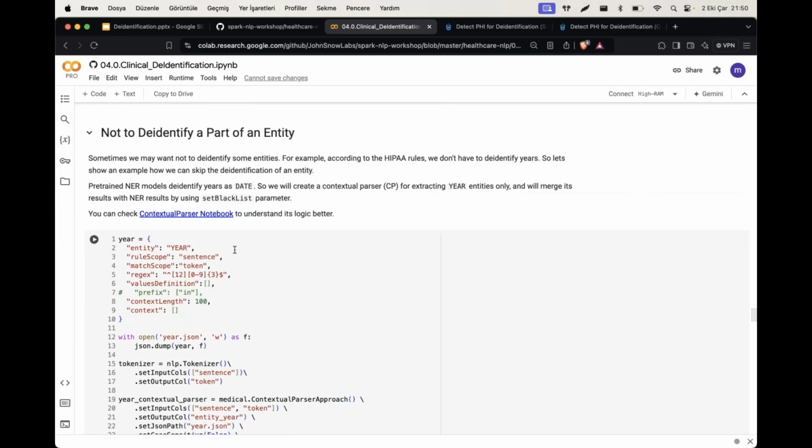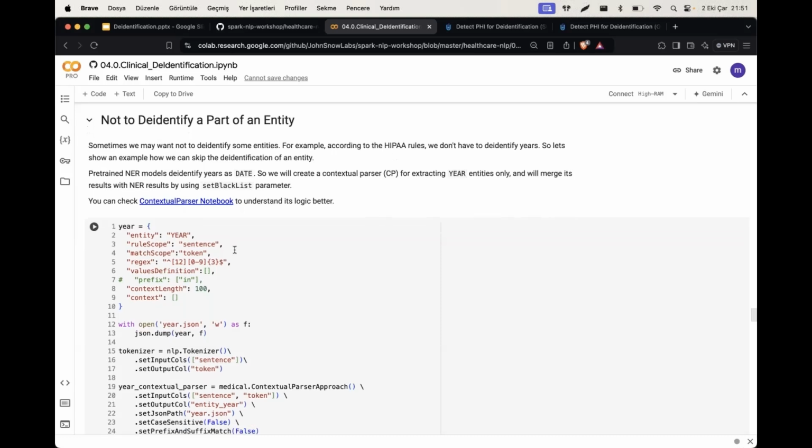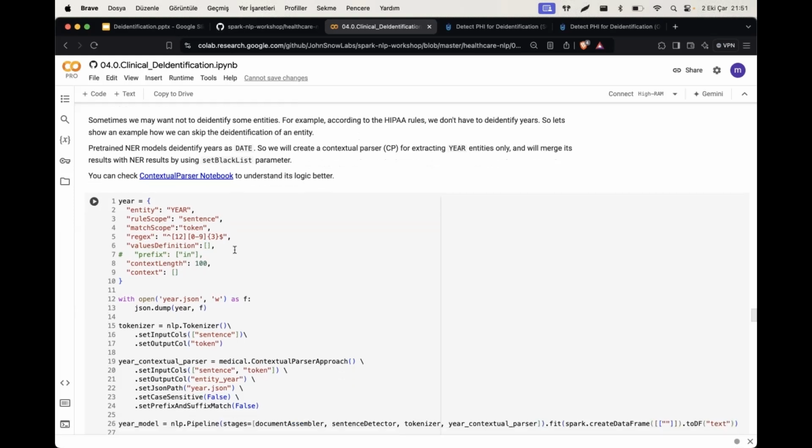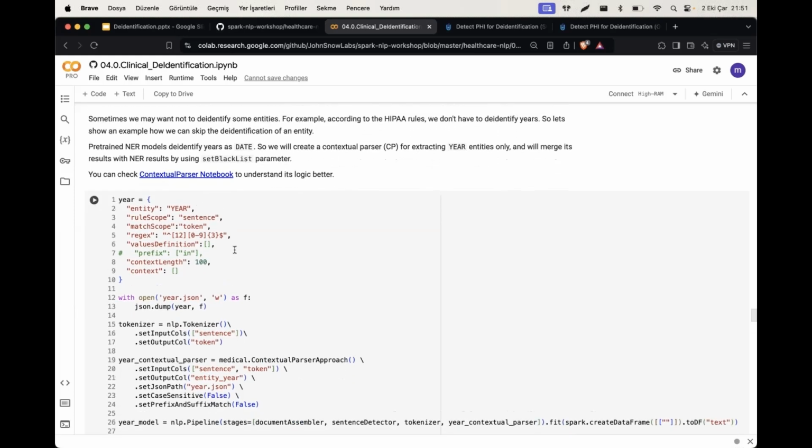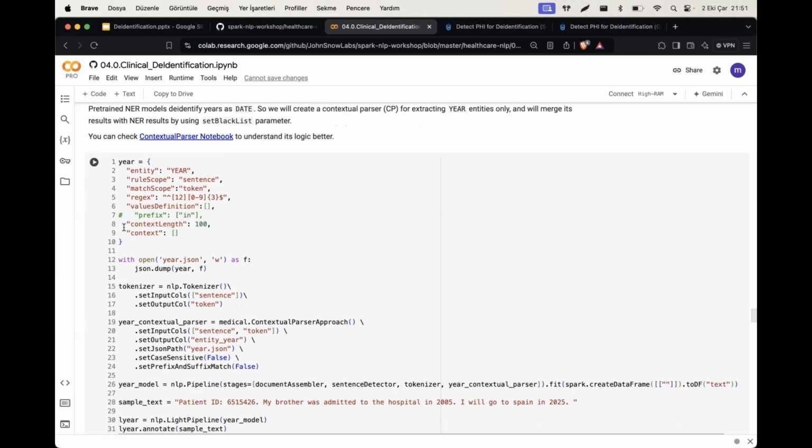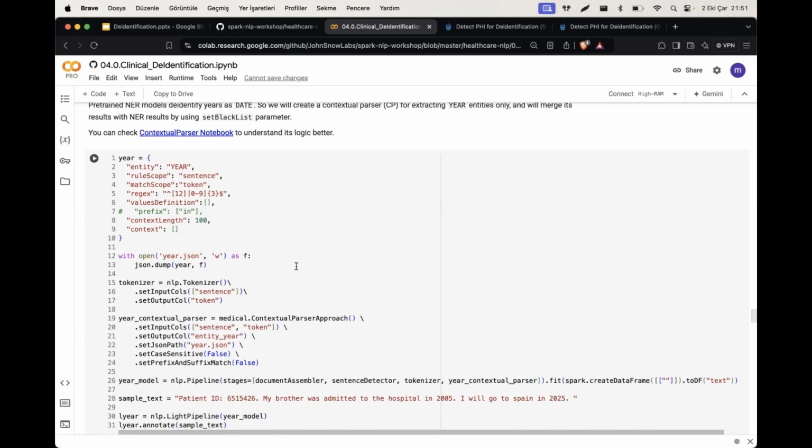As you may know, single year entities that don't have any month or day information don't have to be de-identified, so we can leave them as they are. But the NER models can extract them as dates, right? If you would like to leave them as they are, we can create a contextual parser, as we did here, for the year entities,